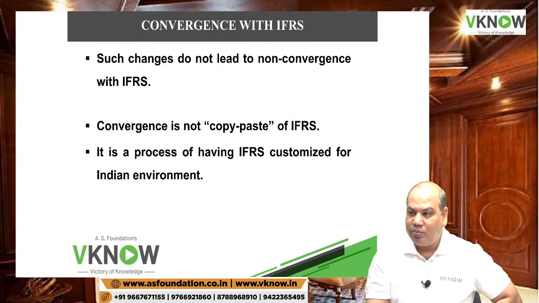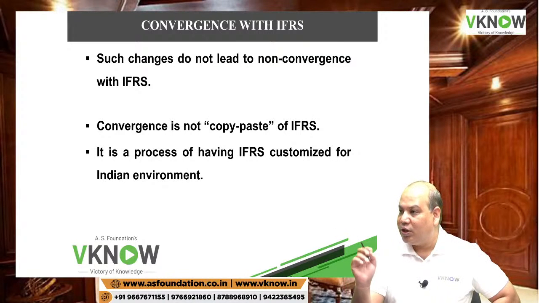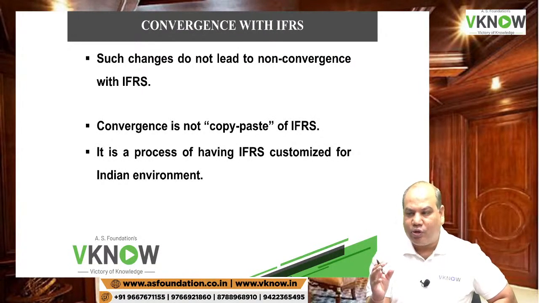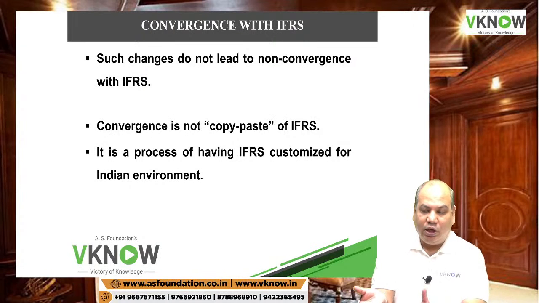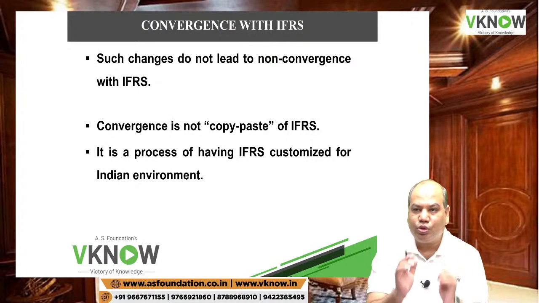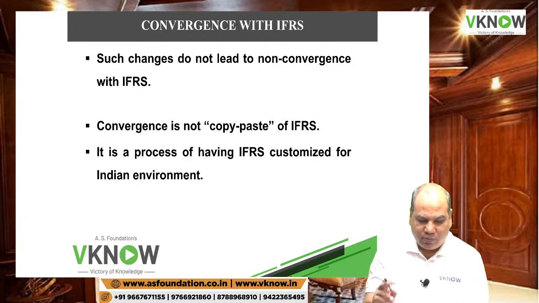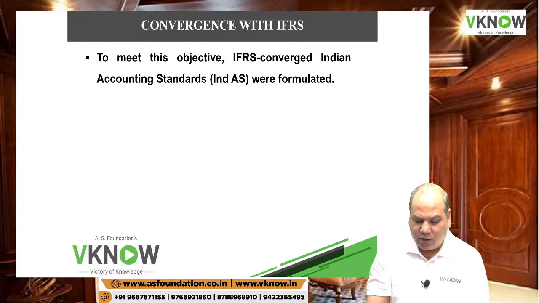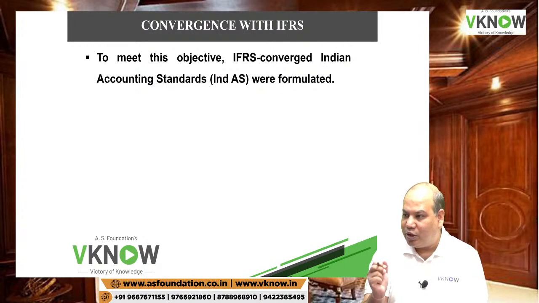Like if there is a gain on business combination, we don't show it in other income in P&L account. Rather we show it in capital reserve. So that is to suit the Indian economic environment. If there is a breach of loan, which makes the loan payable on demand, but the Indian environment says if the loan breach is rectified before the balance sheet date, let the company continue to show it as a non-current liability, otherwise their borrowing program will get severely affected. European countries may be well advanced countries, they may not be bothered, but the Indian government believes we need to support our corporates for whatever reasons.